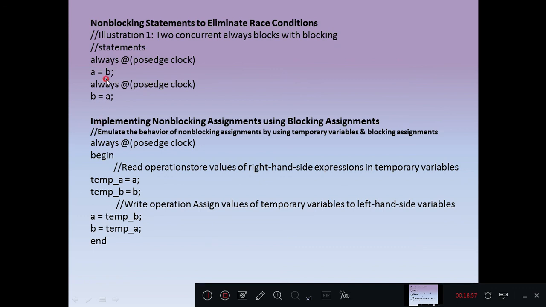In the same example, if you want to use non-blocking assignments, so instead of equal to, if I use a less than equal to b in the same single always statement, and here b less than equal to a, so both are non-blocking. In that case you will not get any data loss. By using a single always statement, by writing a less than equal to b and next statement b less than equal to a, data exchange will occur between a and b variables.